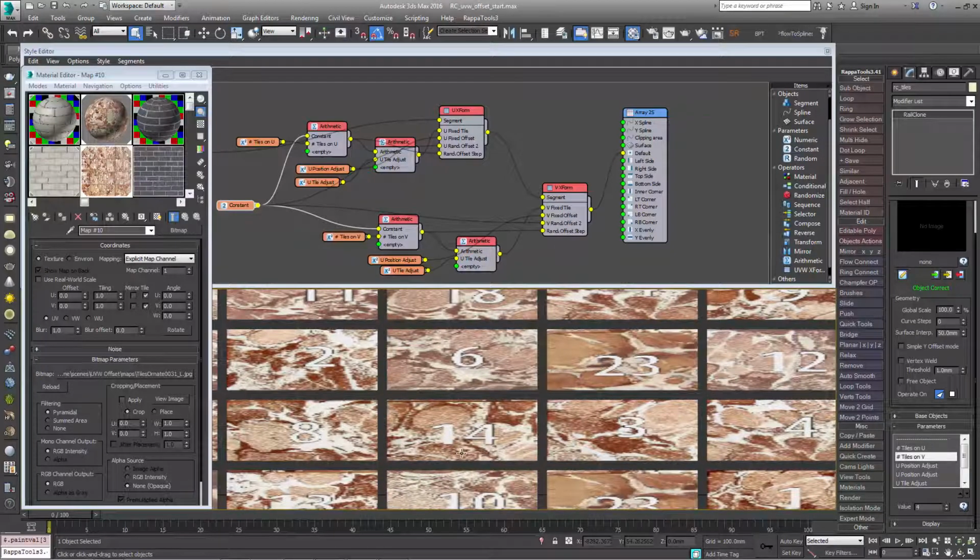In the next section, we'll adapt this idea to use a texture that has the tiles in a running bond pattern. To extract individual brick images from a texture with a running bond pattern, we just need to extend this idea a little further by adding different settings to grab the bricks from even rows and different settings to grab the bricks from odd rows.